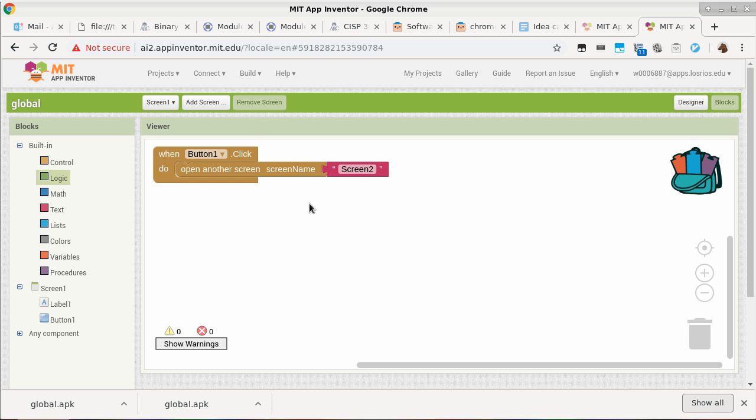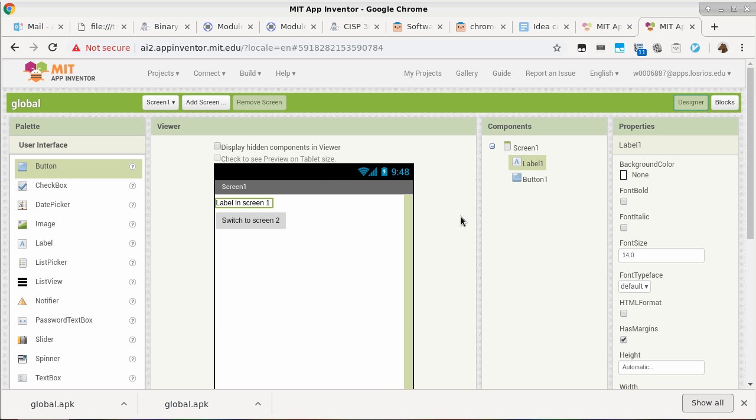Do we understand what I'm trying to say? Okay. So we're trying to pass information from one screen to another, and then we try to specify the behavior of what happens when a screen closes. Okay? All right. So to do that, screen 1, I need to go to the designer and do a few